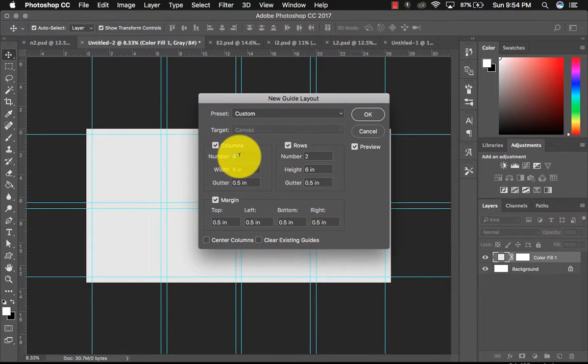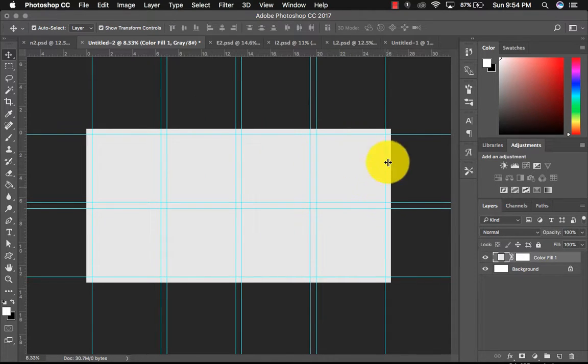You want to make sure that you have 4 columns, 1 for each letter, and 2 rows. Add a gutter of a 1/2 inch on both rows and columns, and your margins all around should be a 1/2 inch as well, which will give you perfect 6-inch squares for each of your little sections. So I'm going to click OK on that, and now you can see I have these